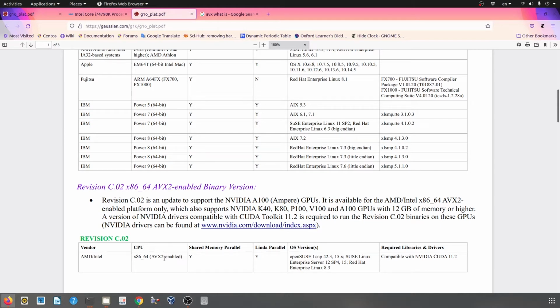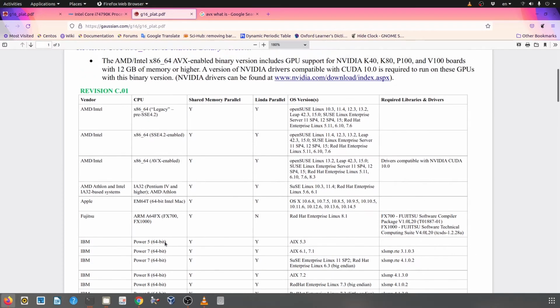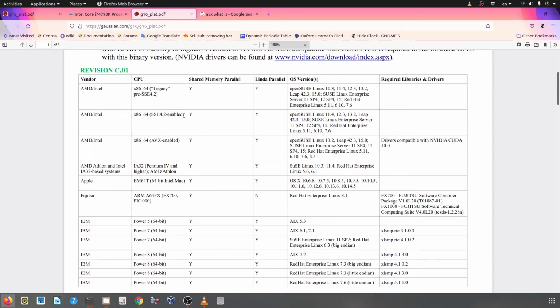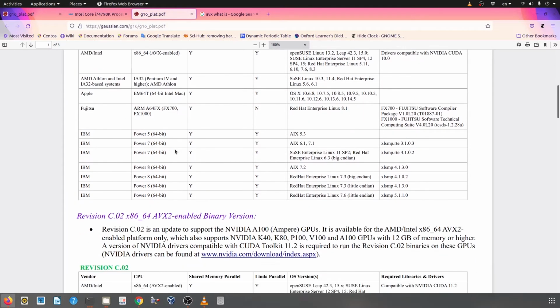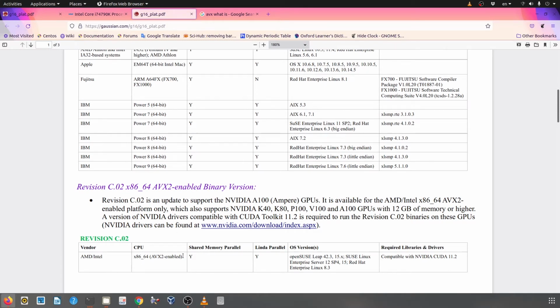And actually I still can use all the binary files like this one, SSE 4.2, or this one, but because my CPU has the AVX2 instruction, if I install this version, I get a better result.